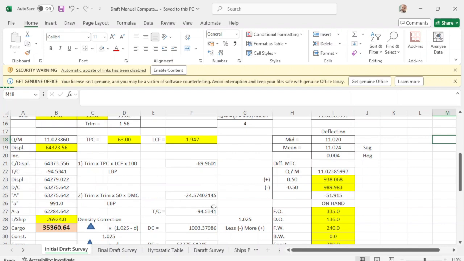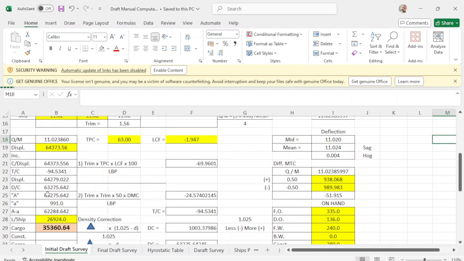You add this one, then you get the value of trim correction of 9.5341, which is this one. You add this one, subtract this one because it's minus. Then this will be your corrected displacement.